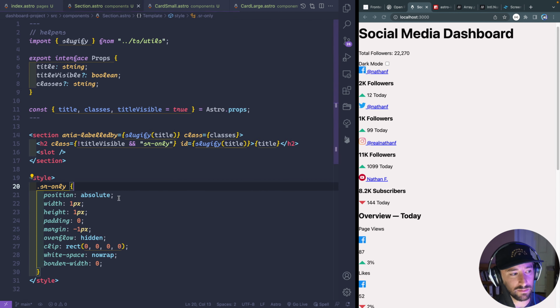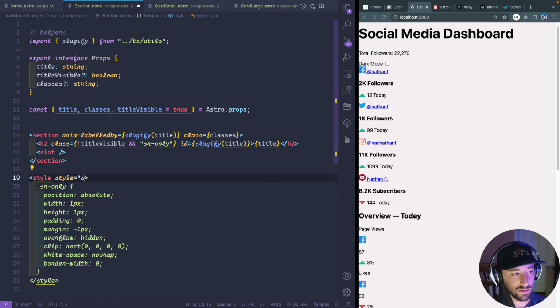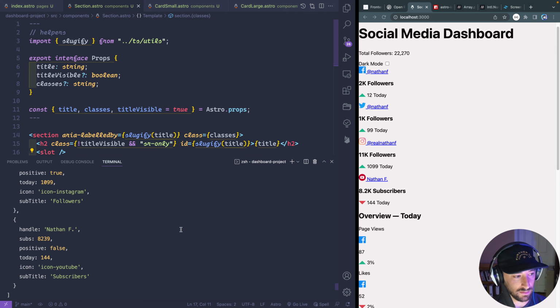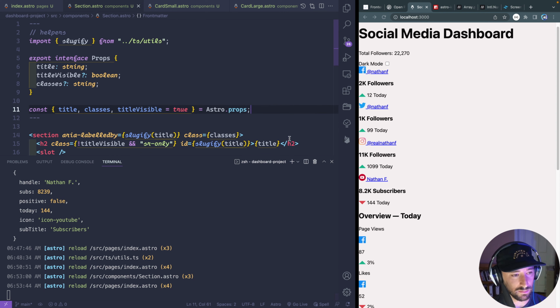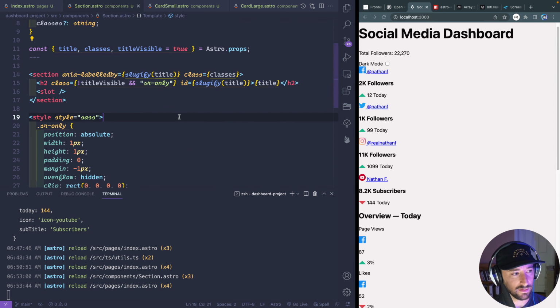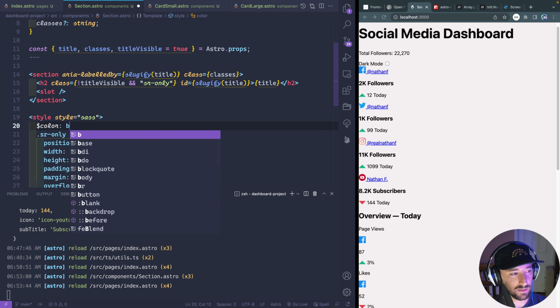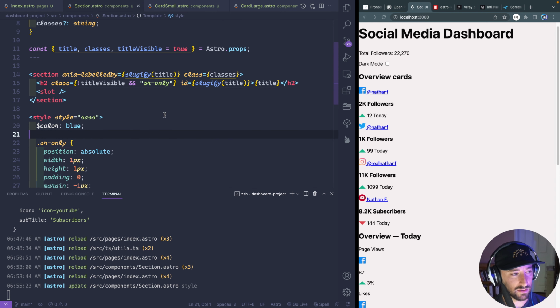But I should mention, by the way, if you want to use Sass, you can just say style Sass like that. I'm pretty sure I might have to install something. I think that should work. So let's see if I can do a sassy thing. So like title, or let's do color or something like that and say blue. Is he going to yell at me? And I think if